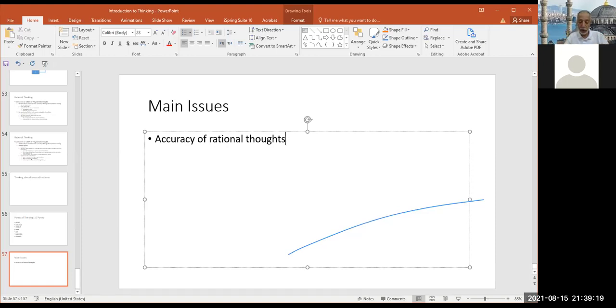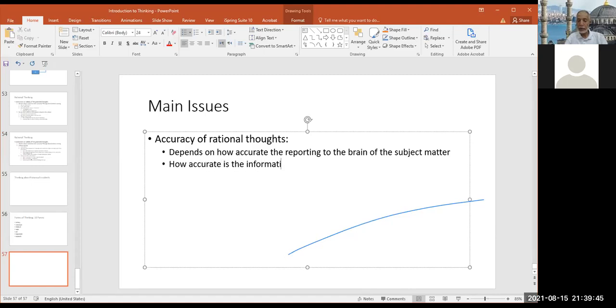The accuracy of rational thoughts, as we already said, depends on how accurate the reporting to the brain of the subject matter is, and how accurate is the information used to generate a thought,